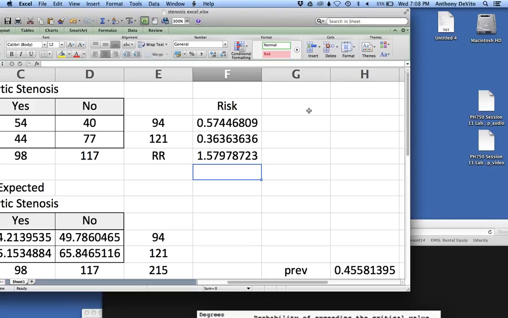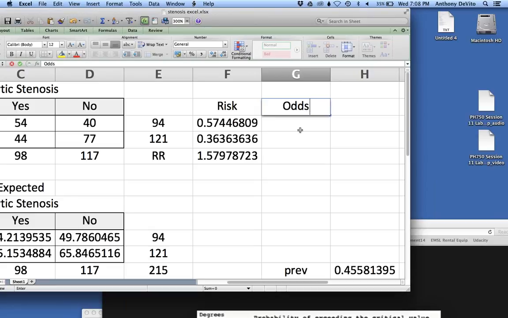In statistics, we tend to use a different kind of measure. It's almost the same thing. There's a few reasons why we do it. For our purposes right now, it's not important why. Instead of risk, we use odds. And the way the odds are calculated is a little bit different. The odds